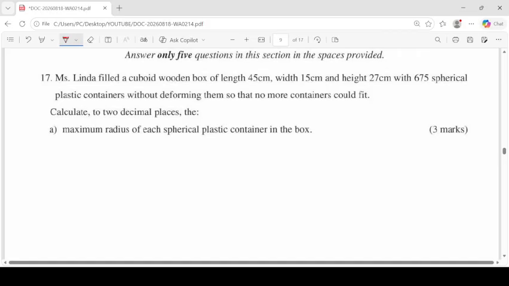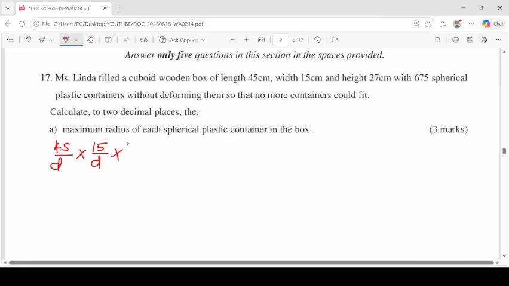So here we need to be very keen. For the length of 45, if I assume my spherical container has a diameter of D, then to get the number of spherical plastic containers, I take 45, which is the length, over the diameter D, and I get the number of spherical containers that will fill the wooden box lengthwise, multiplied by 15, which is the width, over the diameter of the sphere D, which gives the number of containers going towards the width side,